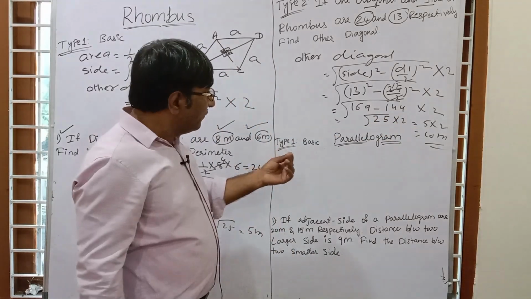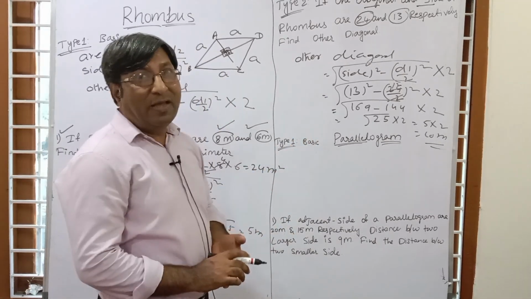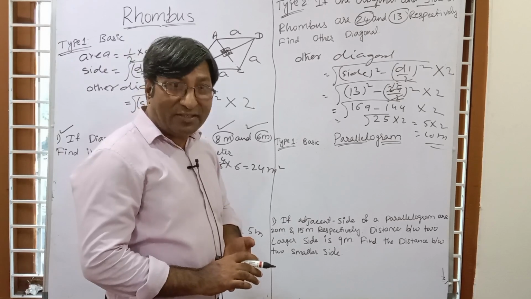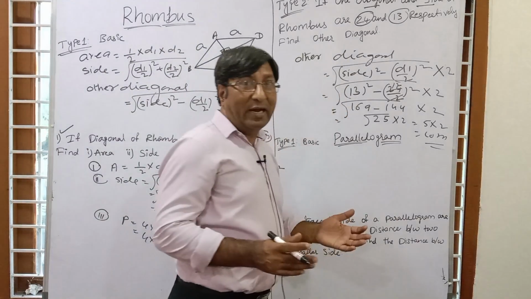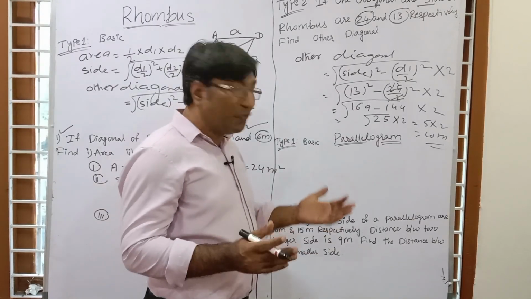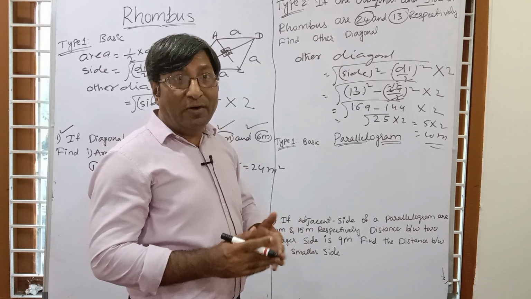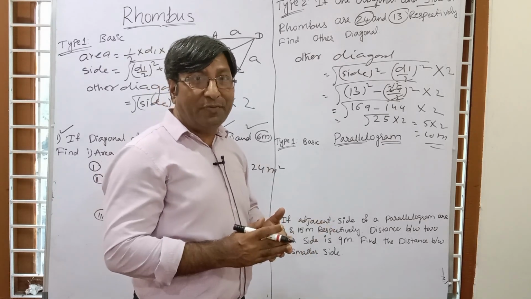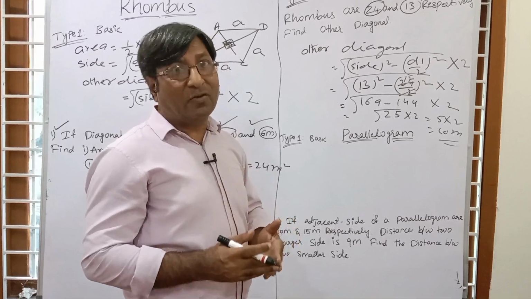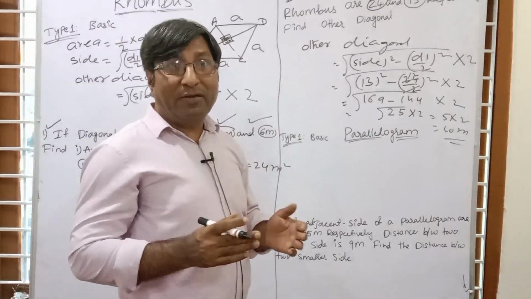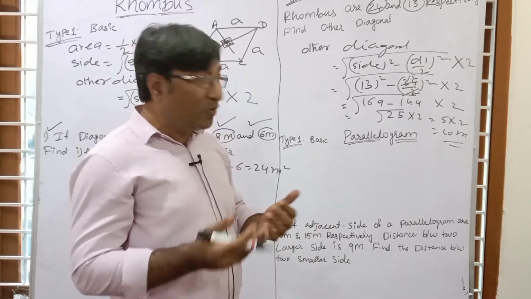your right answer. Now this is the parallelogram. Parallelogram is also a very important topic. A lot of questions are asked in the parallelogram section. So what is the parallelogram? You see, a parallelogram is a four-sided figure whose opposite sides are parallel and equal, but not 90 degrees. That is the difference between rectangle and parallelogram. In a rectangle, all opposite sides are also parallel and equal, but every angle is 90. But in a parallelogram, angles are not 90.